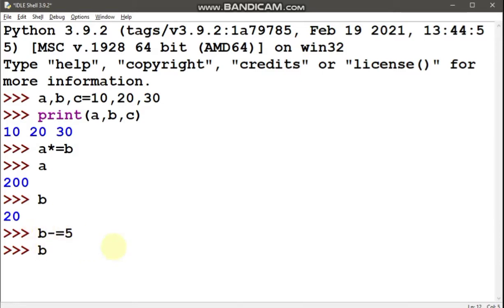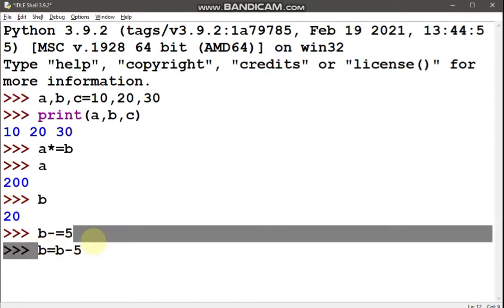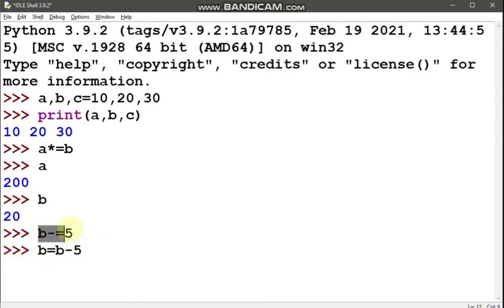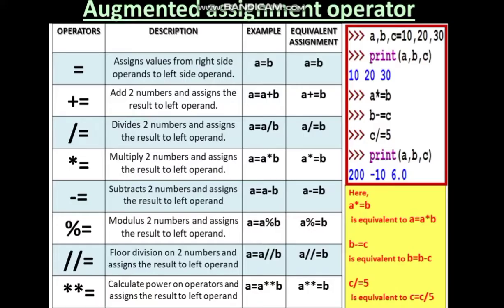So either we can write like this, or in shorthand we can write it like this. So let's see the value of b now. So what will be the answer of b? So now the value of b will be 20 minus 5, that is 15. Yes, so this is your augmented assignment operator shorthand notation. So in the same way you can work with different assignment operators and they work in the same manner.